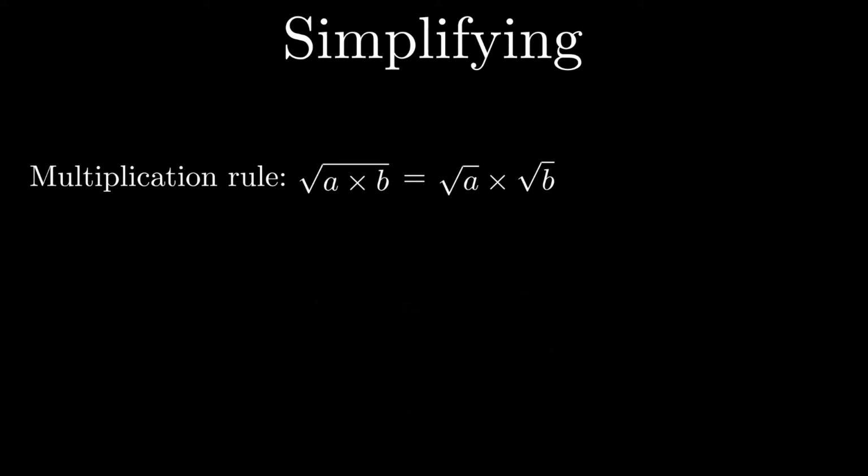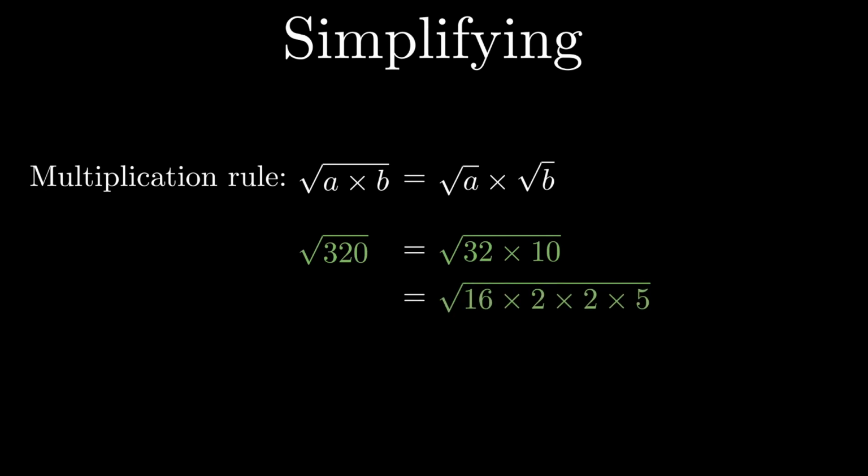We will now move on to the second example, and this will be square root of 320. This can be written as square root of 32 times by 10. We can simplify this further, as 32 can be written as 16 times by 2 and 10 can be written as 2 times by 5. So using the multiplication rule again, we can simplify this into 16 times by 4 times by 5 and then